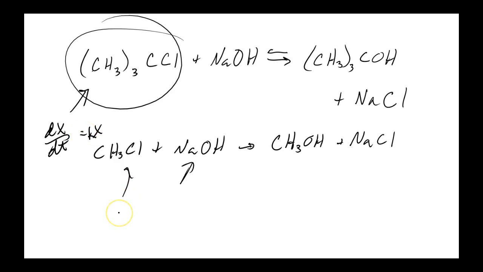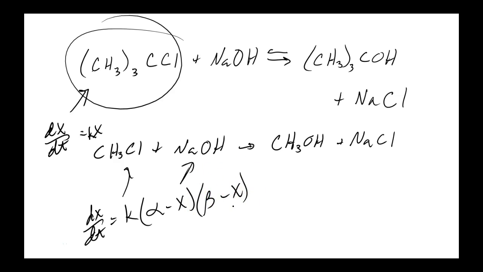And this one down here, your dx/dt, where x is that, is equal to your K times (alpha minus x) times (beta minus x). Okay, where the alpha